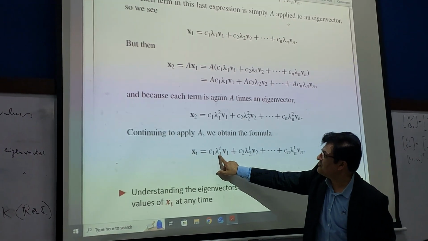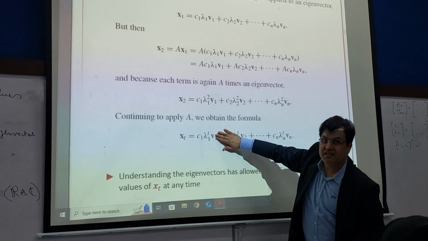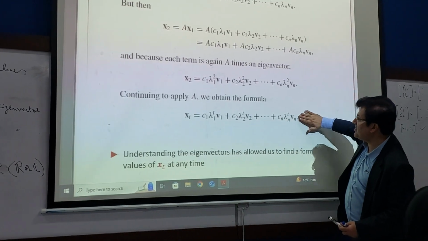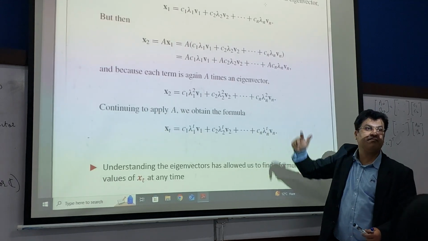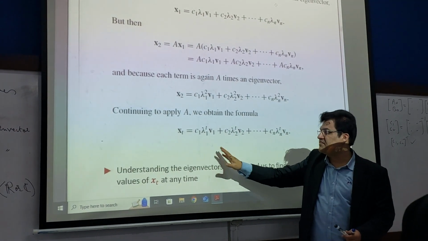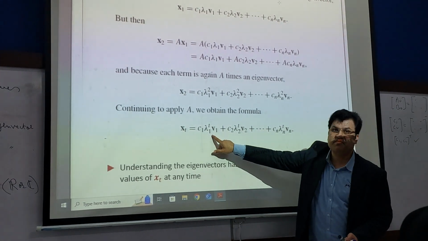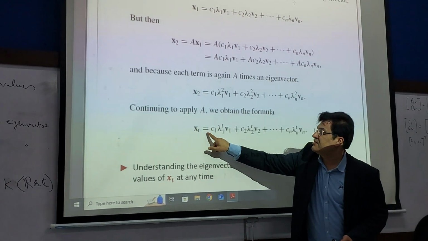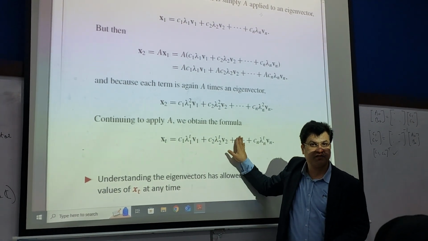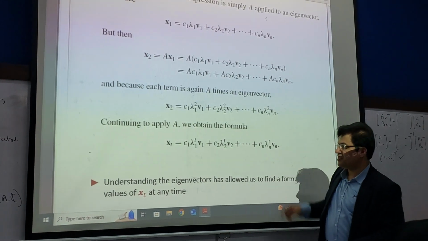Similarly, what was the first part? Lambda 1 to the power t for vector b. If you have two vectors, what will be the formula? This one. If you have n vectors, what will be the formula? This whole line. So if you pay attention, just for 5 seconds, and look at this, you will easily understand that if we had only one vector then x_t, meaning the population, was c1 lambda to the power t b. Finish. If you have two vectors, two terms will come, if three, three will come.